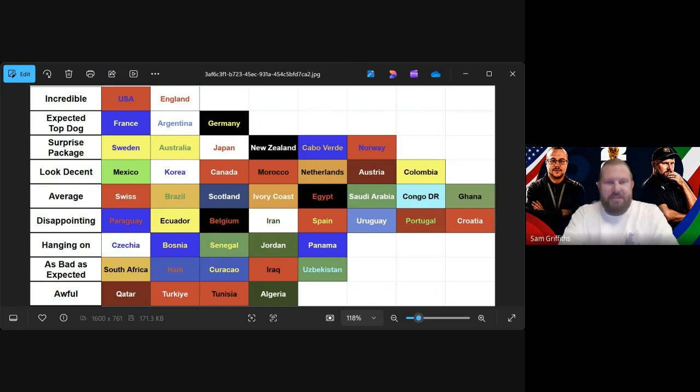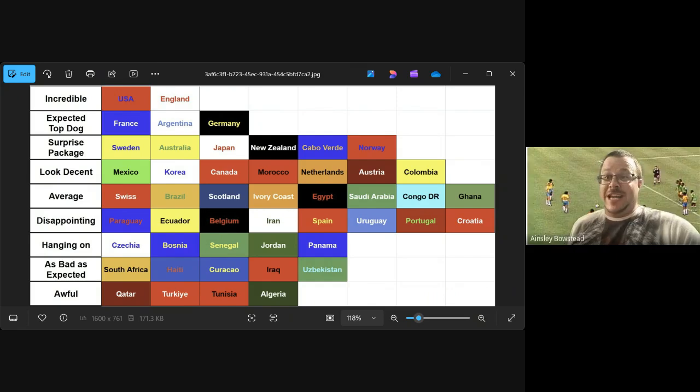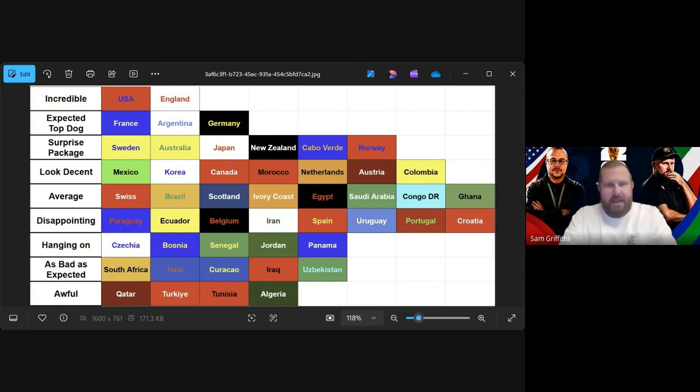To be honest, I quite enjoyed the game today, Paraguay versus Turkey, because it had a bit of an edge. Both teams were quite aggressive. They both needed a win. Yeah, I mean, there have been some really, really terrible games. I mean, Ghana versus Panama. That's as much as I'm going to say. It was awful. Senegal, France, to be honest, it wasn't that good a game. I thought France won, but there wasn't much going for that game.